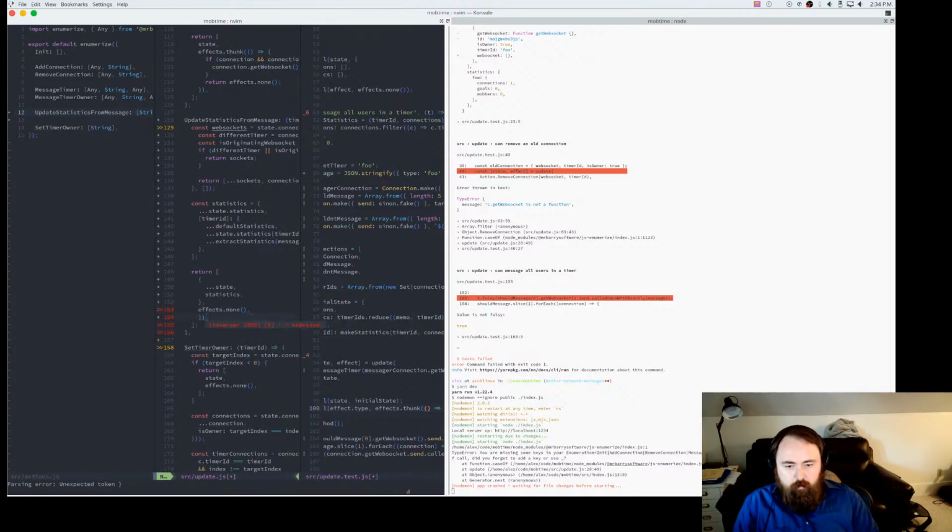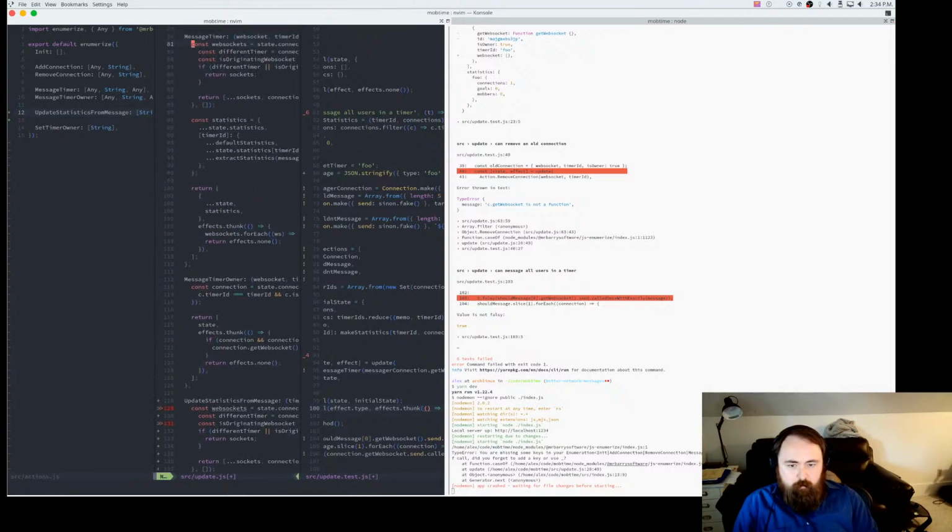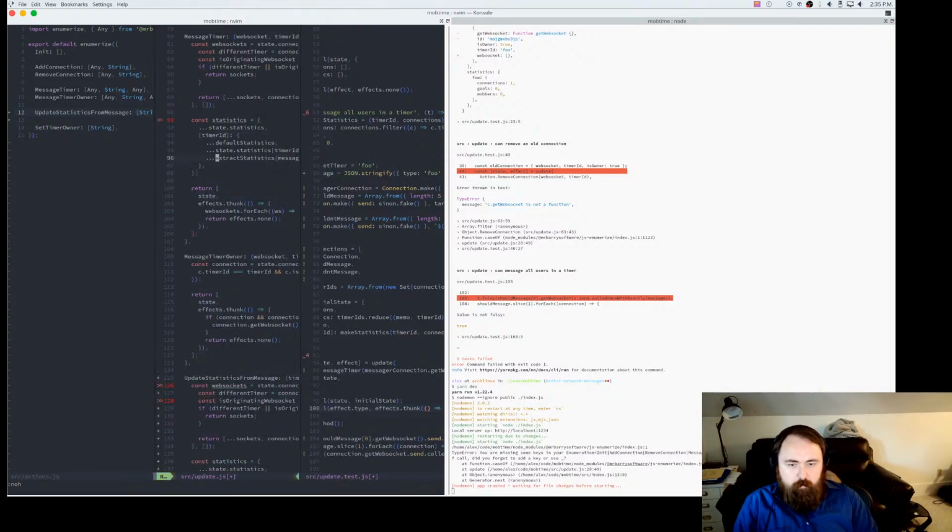We don't need to message anybody, so this is just no effects. We're just updating statistics, which means that up here, this can just be state now, because statistics are not going to be updated.